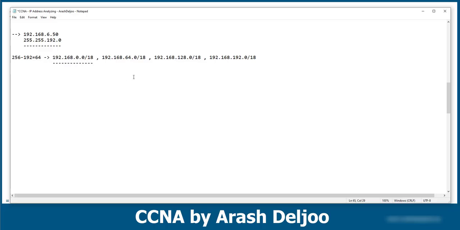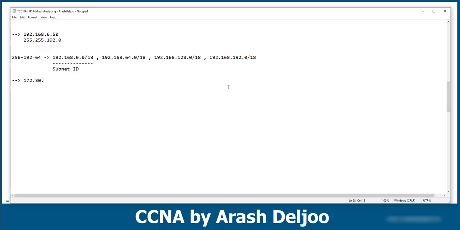Because of that, this is the subnet ID, okay, 192.168.0.0/18. This is the subnet ID, and we can easily find the broadcast ID. And then the next example,